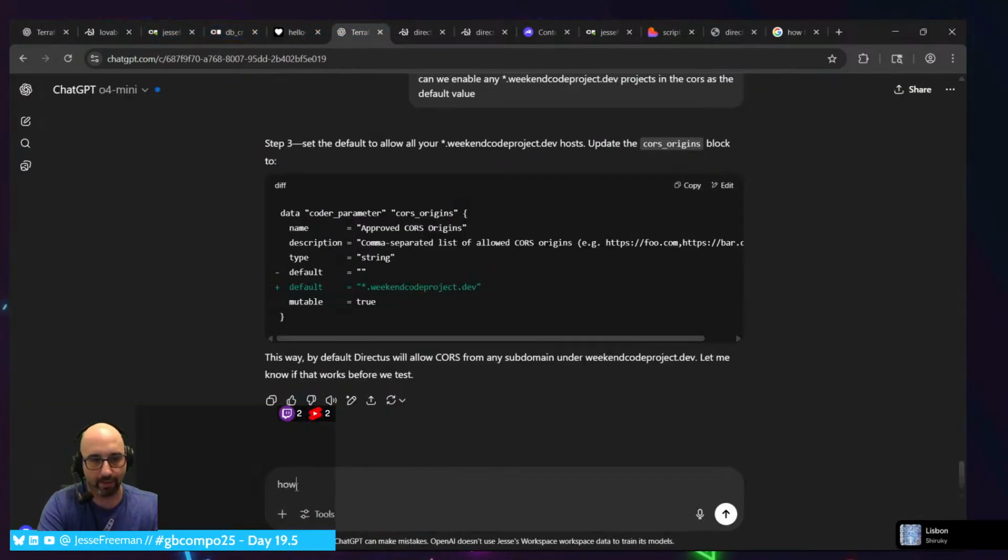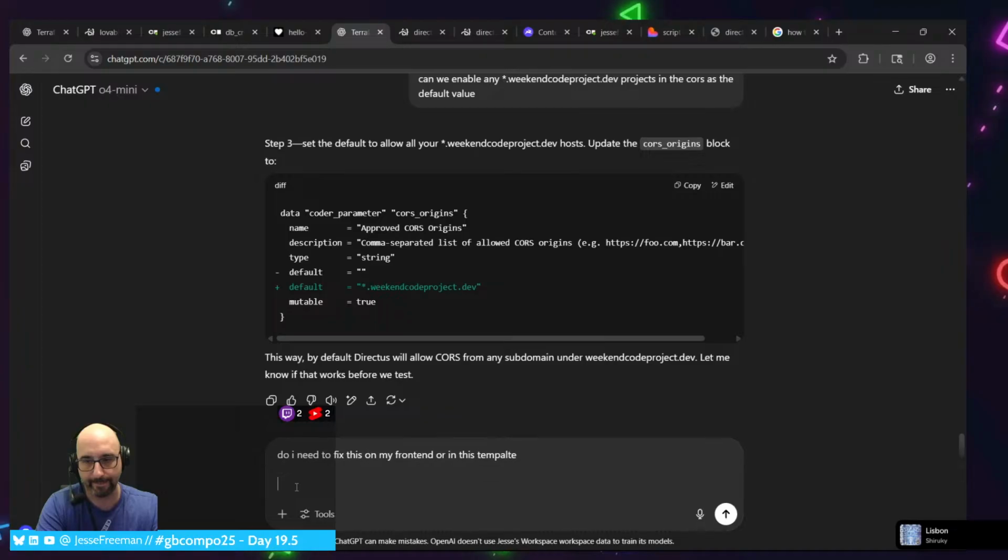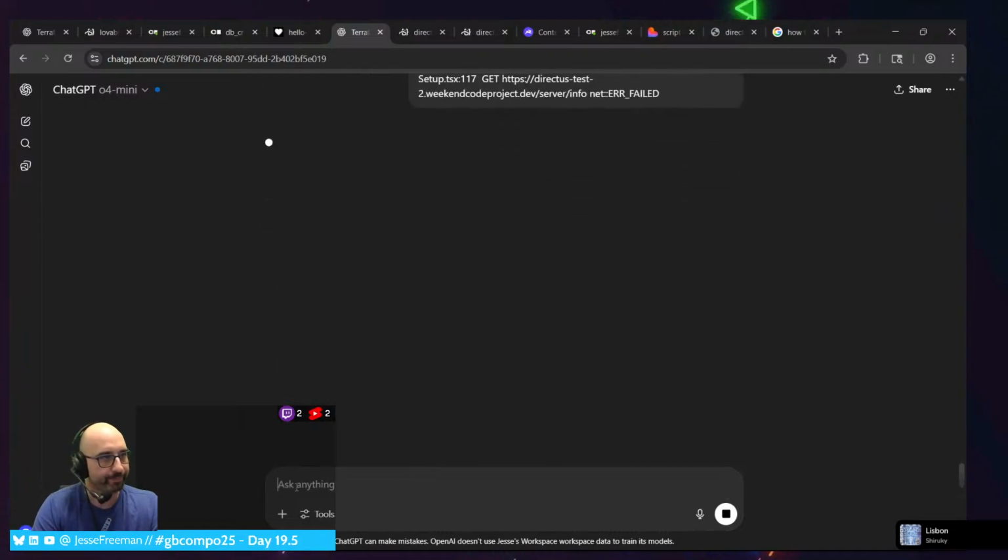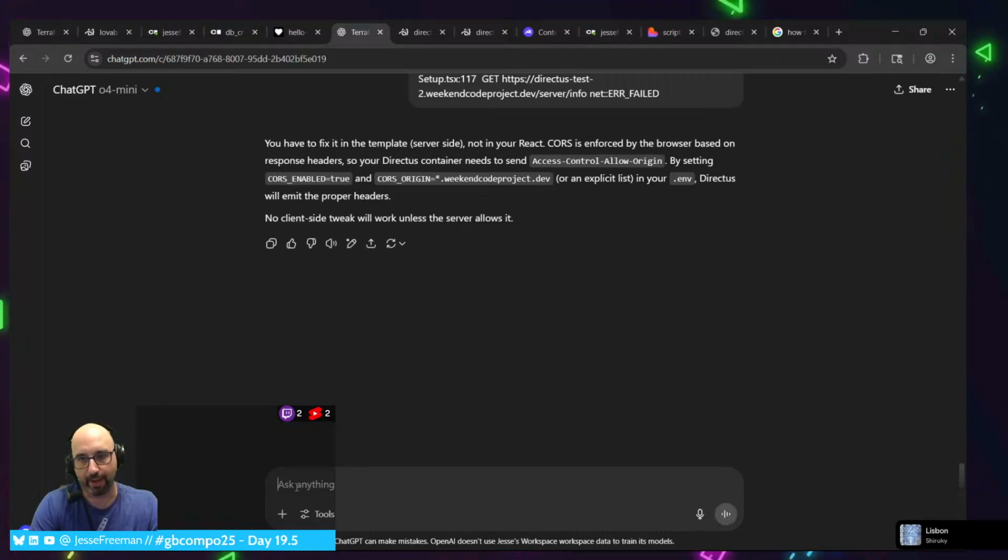All right, how do I need to fix this on my front end or in this template? All right, there's some violation. Core stuff is a big pain in the butt too. You have to fix this in the template server side, not your React.